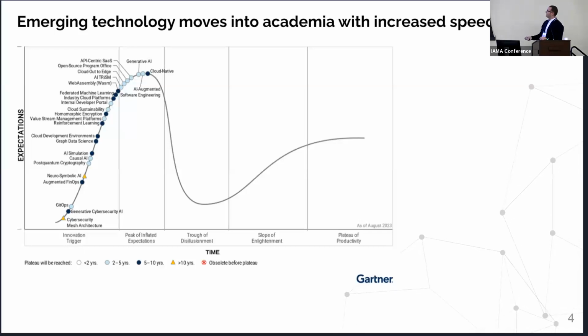So every year, there's something called the Gartner Hype Cycle that's produced. And it's really interesting to look at. This is a conglomerate that get together to try and understand, from the point of an innovation trigger, so an idea, how quickly that technology enters widespread use. So you have a period where a small number of people develop the idea further. We suddenly think it can solve everything. It reaches the peak of expectations. And then the more people can access and use it, we suddenly realize it can't solve everything. But then even more people use it and we reach this plateau of productivity.